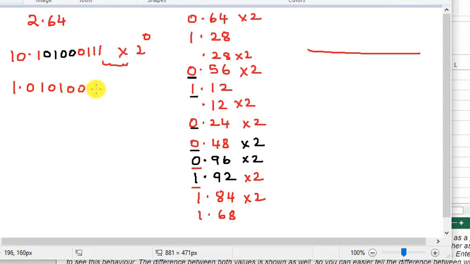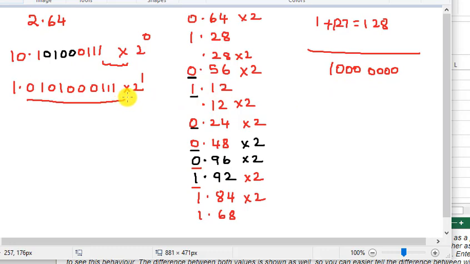But now I can write this as 1.010100 0111 times 2 power 1. So 2 power 1, I said 1 plus 127, which is 128. So the exponent is same, and then the rest, if you see, it should match. All right, so let's go. The sign bit of course is 0,